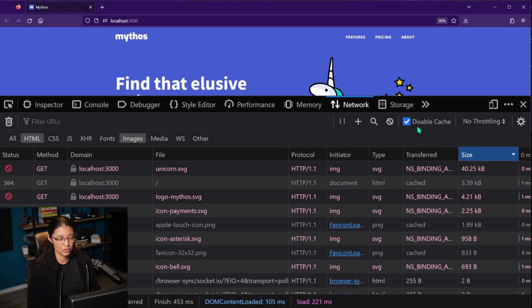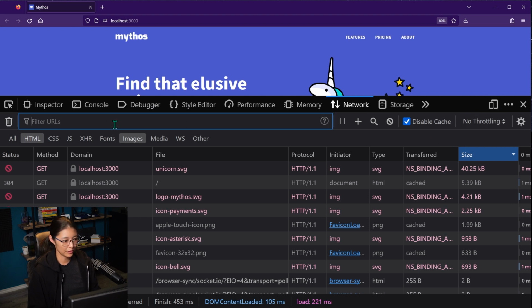If you check this, this will disable the cache, meaning the temporary storage that your browser uses to keep images and other files, so that when you reload a website or visit a website again, it doesn't have to re-download everything from the server. That's good if you're a user, but if you're a developer and you want to test, say, the load speed, then you generally want to make sure that disable cache is checked. And then again, like what we saw in responsive design mode, the throttling dropdown, so you can choose different data speeds and see how the website loads that way.